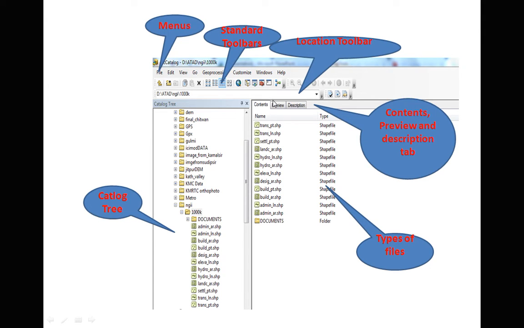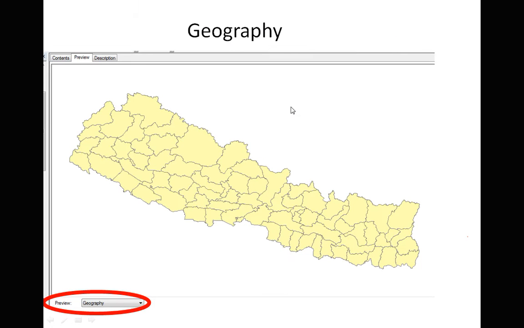In the preview menu we can see the data in graphical or tabular format. The graphical is the spatial format, the geographical format, and the table is the attributes of the same spatial data. And in the description it contains the metadata of the file. For example,